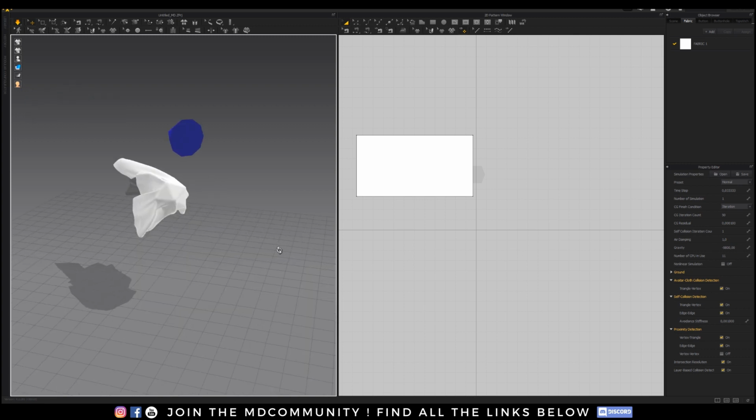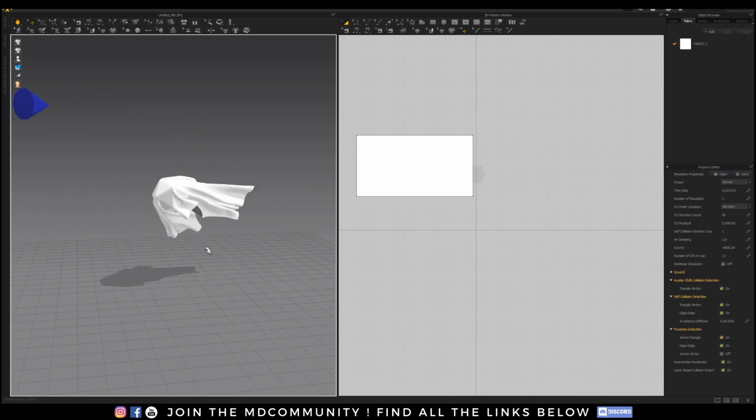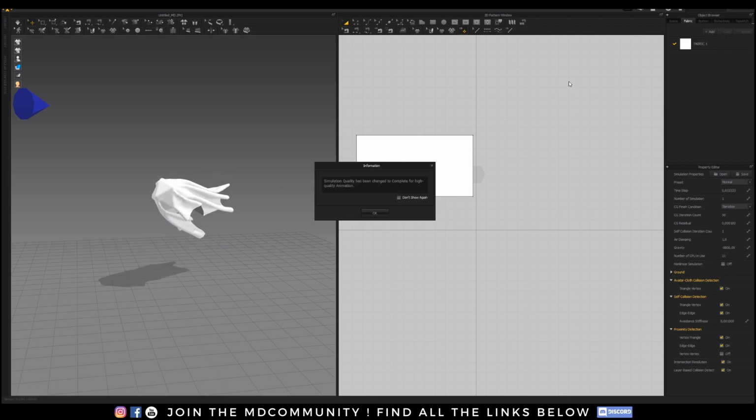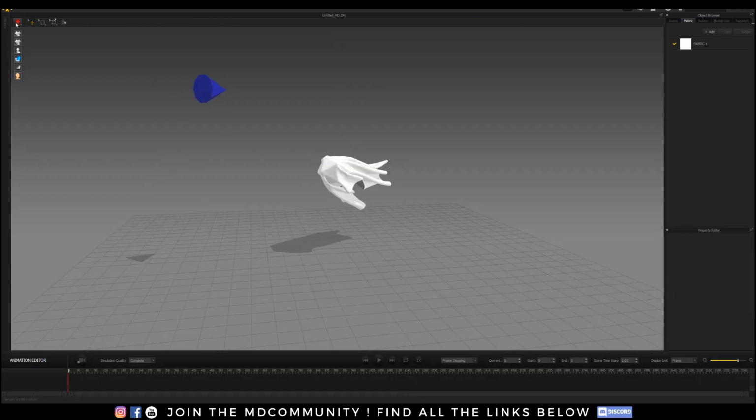To me it looks pretty nice. Let's see how we can export it and get it into Cinema 4D, because that's a pretty nice base, I guess. Everything is nice. So let's go on the upper right, and you have different menus. Under simulation you will find animation. Let's hit animation. Simulation quality has changed to complete for high quality animation, and you see it's changing because here